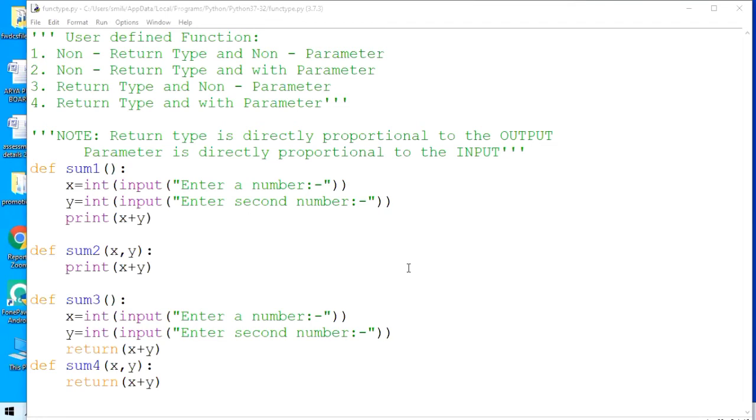From the examination point of view, the question will be asked to create a function either with return type or without return type, or with parameter or without parameter. So these 4 are examples of the same type of function. The same activity can be created with non-return type non-parameter, non-return type with parameter, return type non-parameter, or return type with parameter.